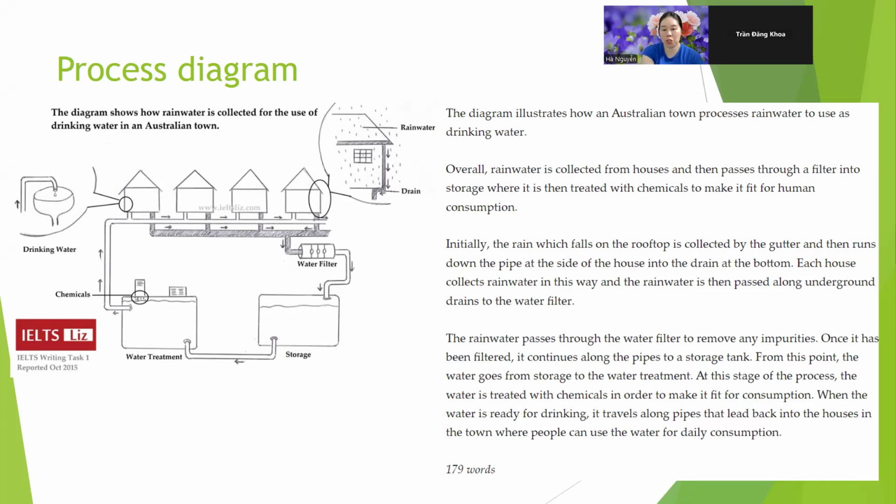And body paragraph 2, where does it begin and where does it end? It starts from the water filters, then they move to the storage, then are treated in the water treatment and move back to the houses that transfer water. Good job. Okay, so basically you can see in the diagram, the part where the pipes are gray,